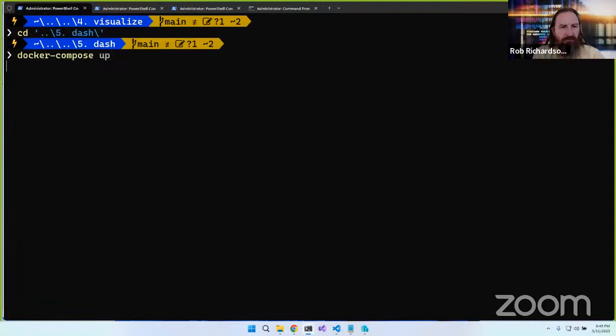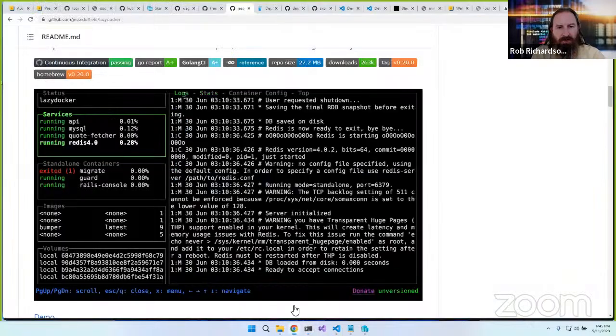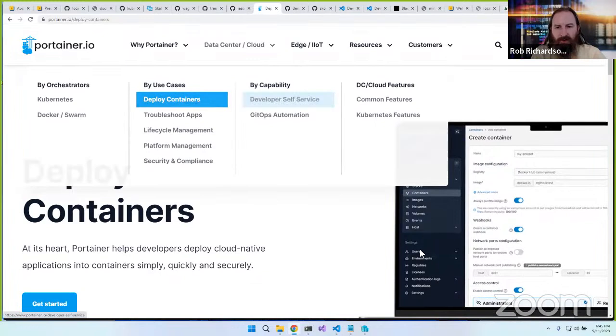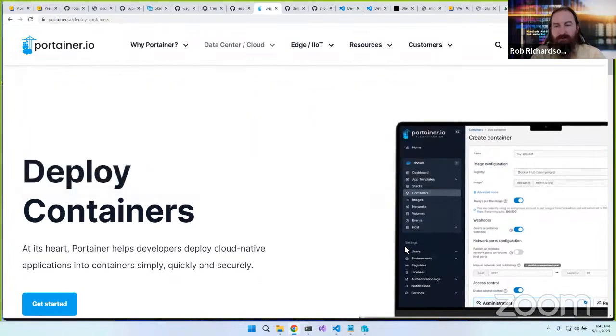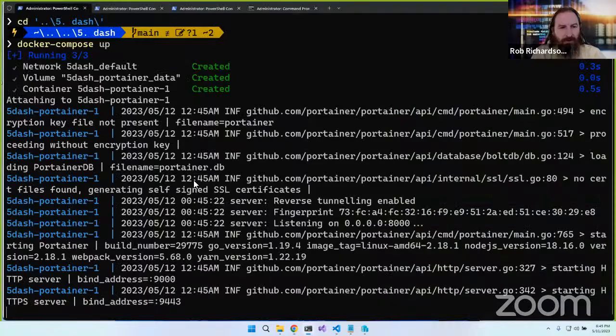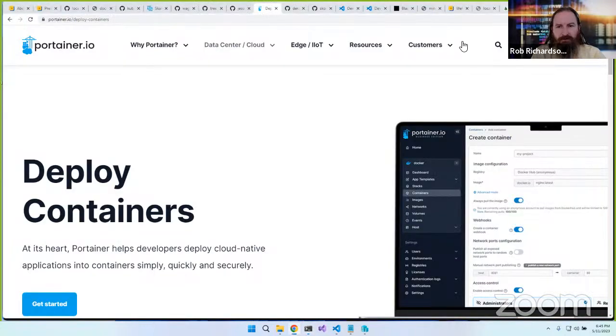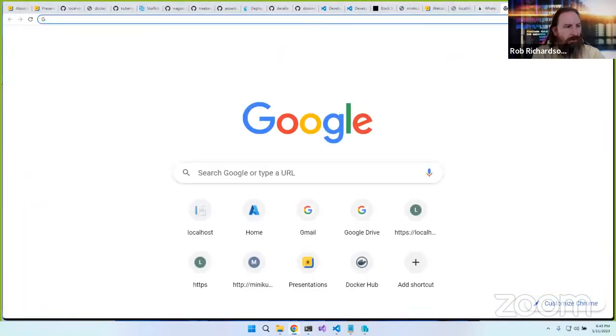Docker compose up. Now, Portainer is a really cool way to be able to visualize this from a browser. And Portainer is great at looking at the Docker side of things. It can also do the Kubernetes side, but I would argue it's not as good. So now that we've got that started, let's head over to